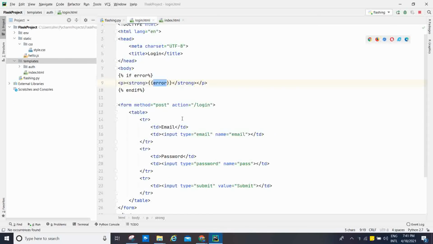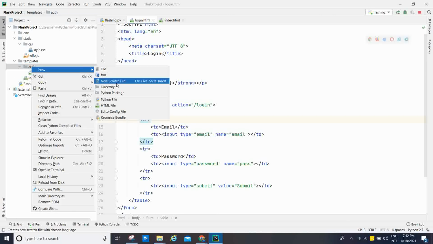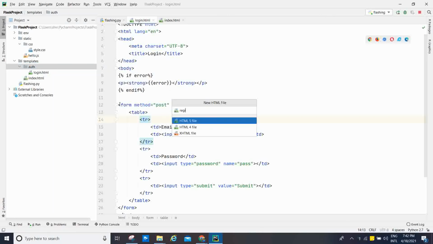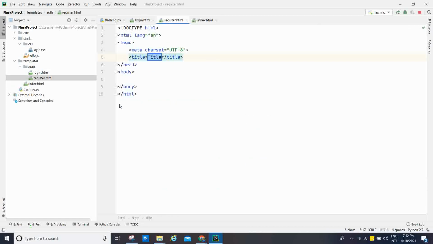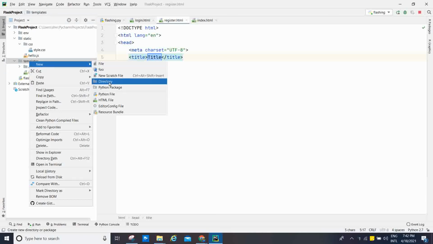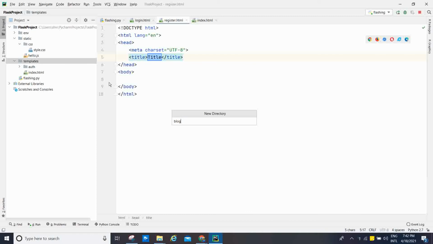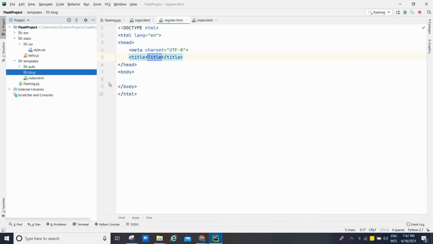Now this login.html is created here. You can create register.html here too. I'm just creating the folder structure of the Flask application. So, the register.html file goes inside auth. Now if you want to create the blog, inside the templates I'm going to create a new folder called blog. Now I'm going to create a few files.